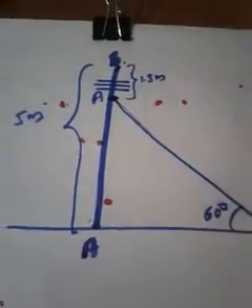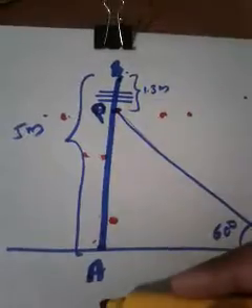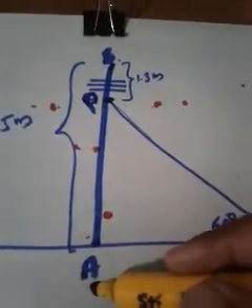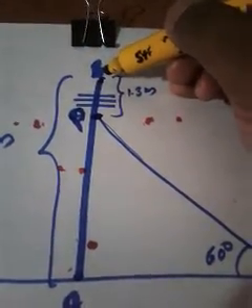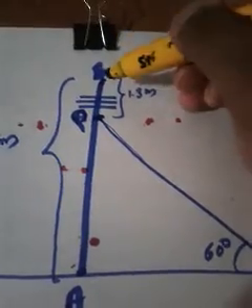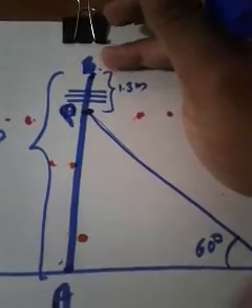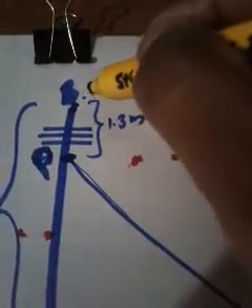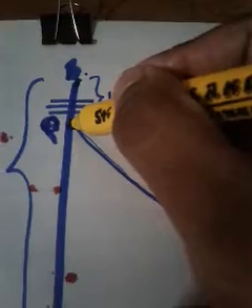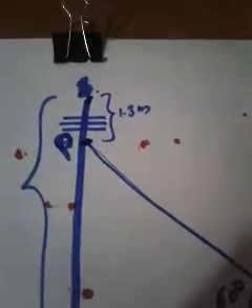Once again, I am repeating the question. Electric post is there. Let AB represent the electric post. What is the total height of the electric post? It is given that 5 meters is the total height. And she doesn't want to reach here for the repair work. She wants to reach a point 1.3 meters down from the top of the post. So let that point be P, the point where she has to reach for the repair work, which is 1.3 meters down from the top.